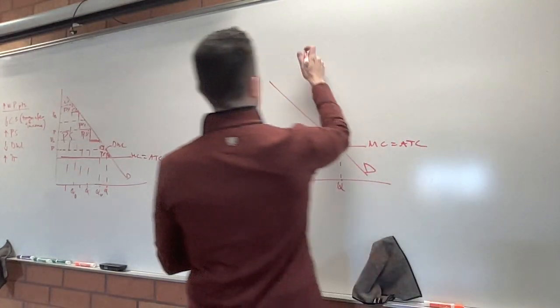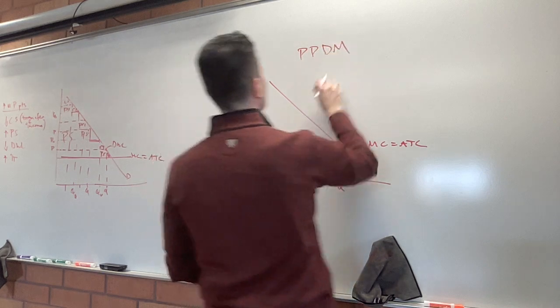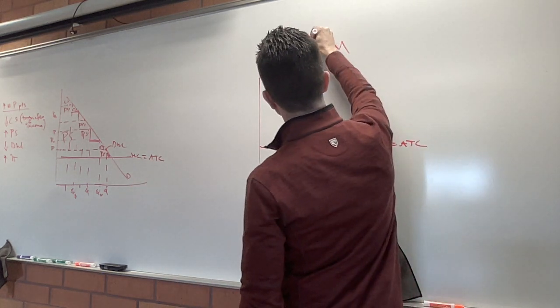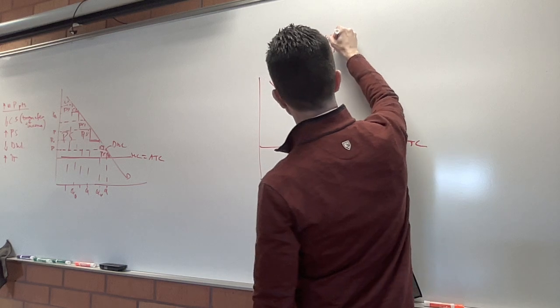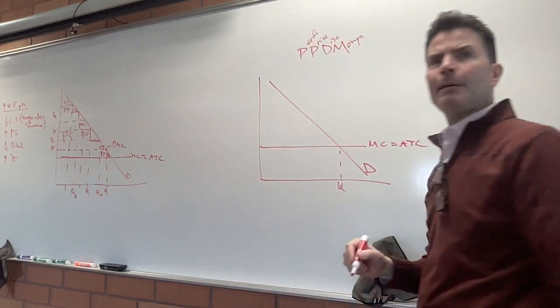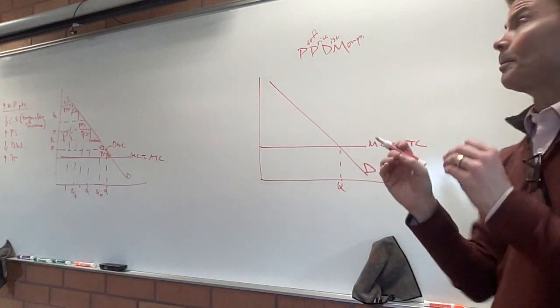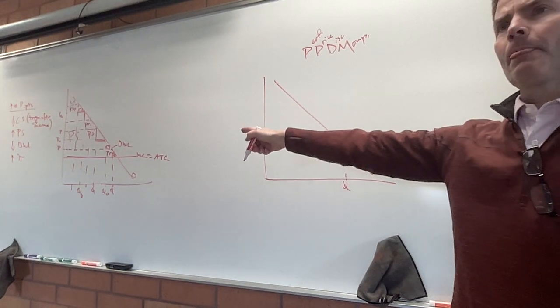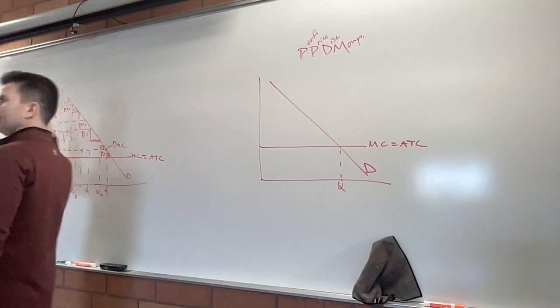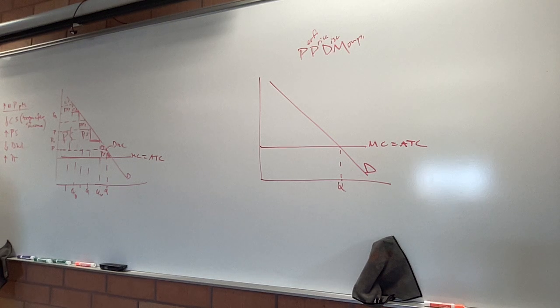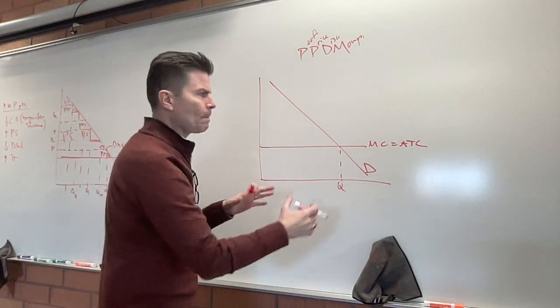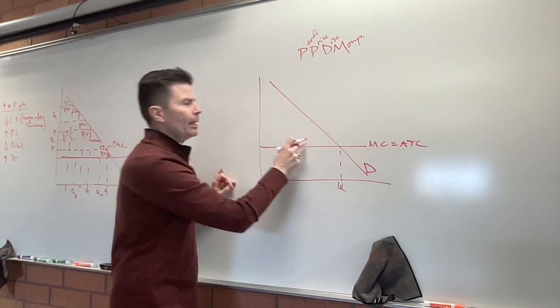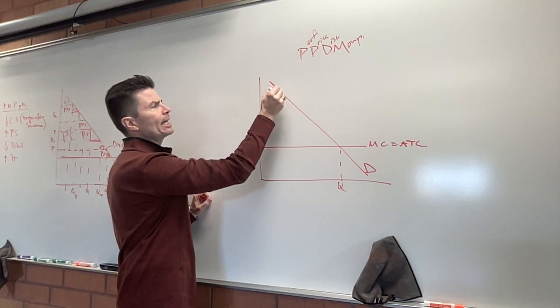Now, above this graph, would you just put PPDM? This stands for perfectly price discriminating monopoly. PPDM, a perfectly price discriminating monopoly. The first one was a two-tiered price discriminating monopoly. And when I added a third price, that's a three-tier price discriminating monopoly. But as we keep adding more and more prices, and I get to the point where I can charge every single point